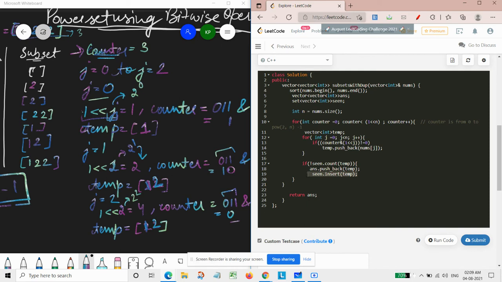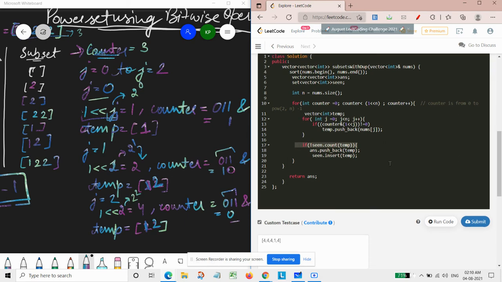And why we are adding it to the set: whenever this particular vector comes again, it would enter into this if condition, and at that moment it won't be pushed into the answer vector of vector, and that's why duplicates will be simply discarded. So this is how this algorithm will work.